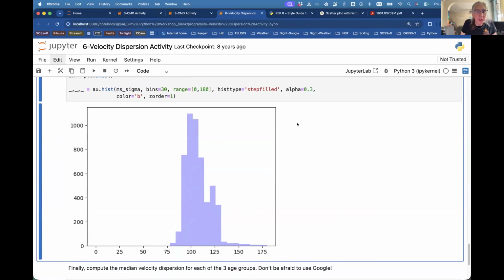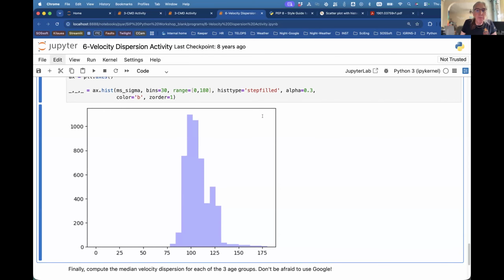Now, hopefully your version of Python is up to date. Apparently, I need to go and update mine. I discovered this morning. But here we have our histogram of our main sequence data. Our step filled gave us this sort of uniform appearance here. If we want a little bit of an edge to it,